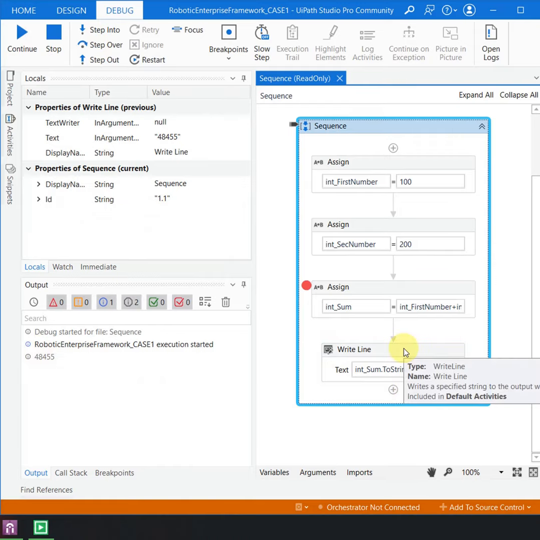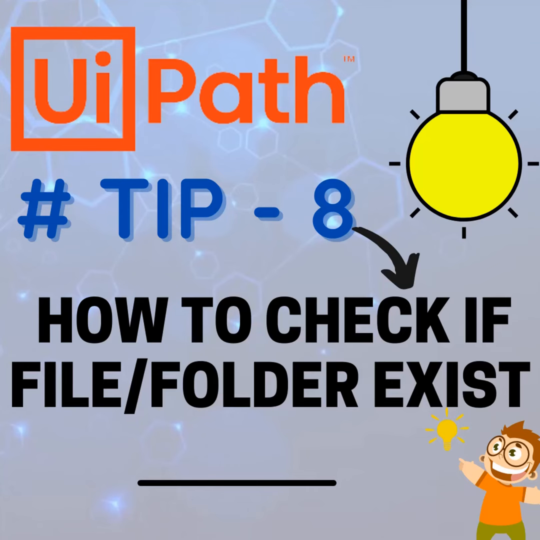So this is helpful when you are debugging the flow and you realize that you don't want the value which the automation is bringing and you want to test with some different value. All you have to do is come to the locals and change the variable. This is applicable to all variables, like boolean, string. You can just come here in the locals and change the values.